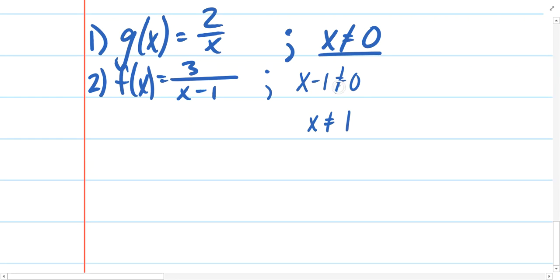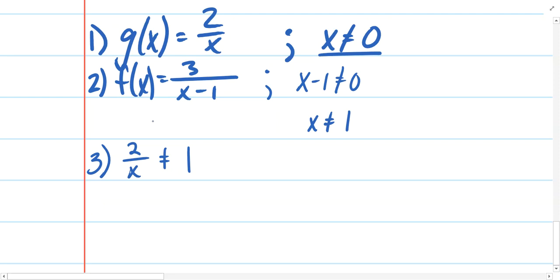We treat these not equal to signs just like an equals sign when solving, so I added 1 to both sides, and I found that x is not allowed to equal 1. As long as we substitute any number into this equation other than the number 1, then we will obtain a real number result back. Step 3, we set the inner function, 2 over x in this case, not equal to